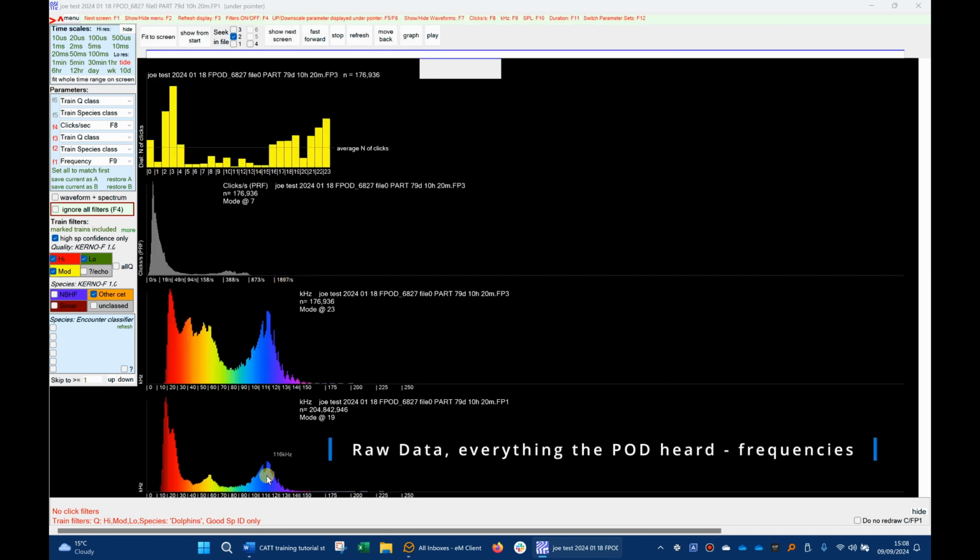Okay, there we go. So that's the raw data, and there were nearly 205 million clicks in that 80-day file. So that's quite a noisy environment. You can see in the raw data, predominantly at these lower frequencies, that may be a lot of sediment transportation. Although the dolphin clicks, there were